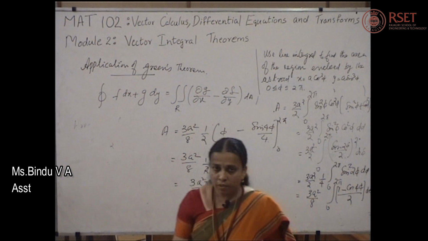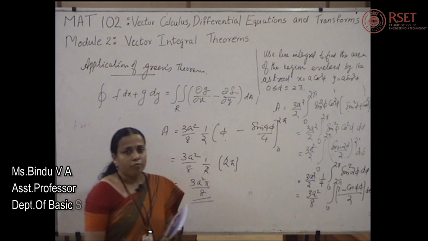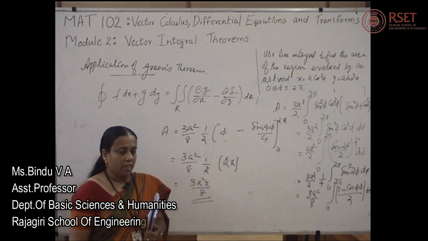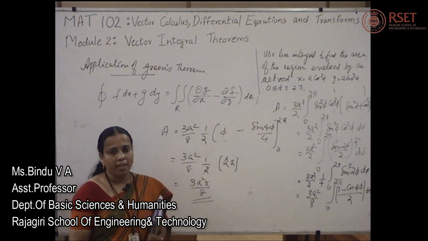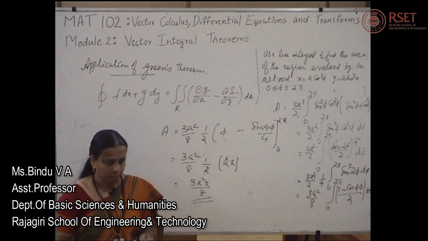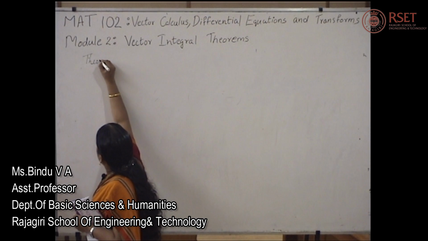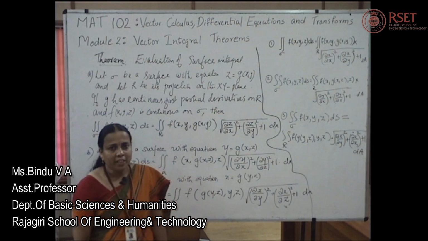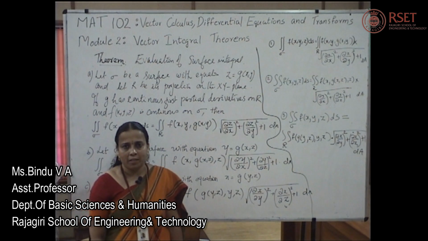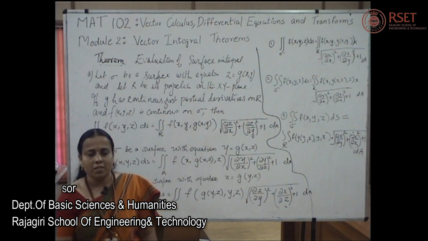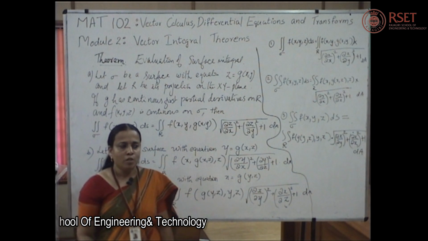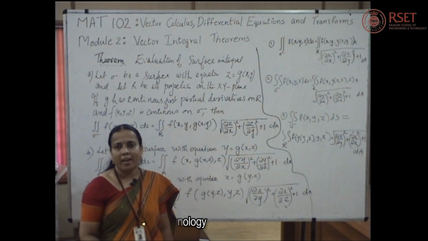We can go to the next section of this module, that is surface integral, and we find the relation of surface integral using Gauss divergence theorem. Now we can evaluate surface integral. You are given a surface in 3 dimensions whose projection can be taken to the xy, yz and zx